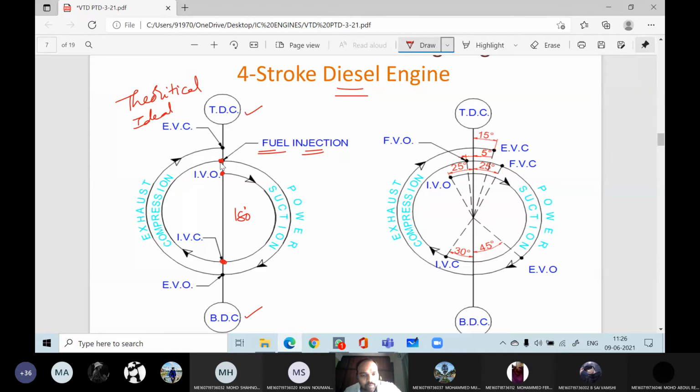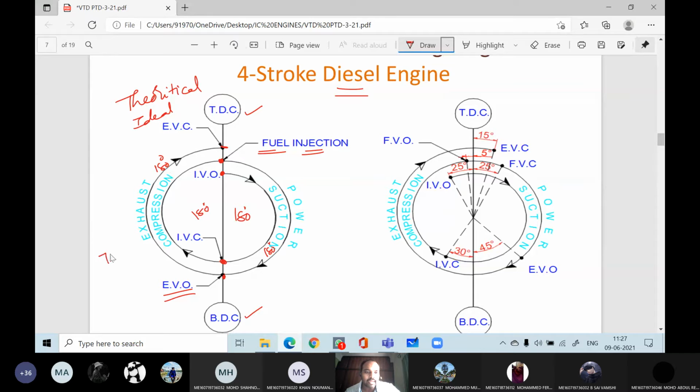Now what will happen due to this? Combustion is initiated, thereby the high pressure, high temperature gases will be liberated. And what is the angle for the compression? The compression angle is also 180 according to the theoretical one. Now these high pressure, high temperature gases will push the piston downward, and the piston is moving from TDC to BDC. Thereby the expansion or power stroke is completed. This is also one more 180 degrees. Now exactly at the bottom dead center, the exhaust valve is opening. Therefore, the gases present inside the engine cylinder are escaping to the atmosphere. The exhaust valve is opened at BDC and it will close at TDC. Therefore, the angle covered is 180 degrees.